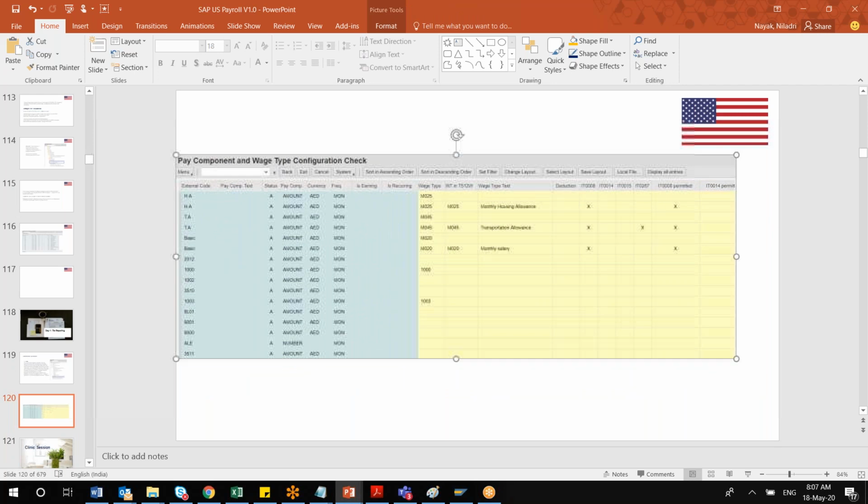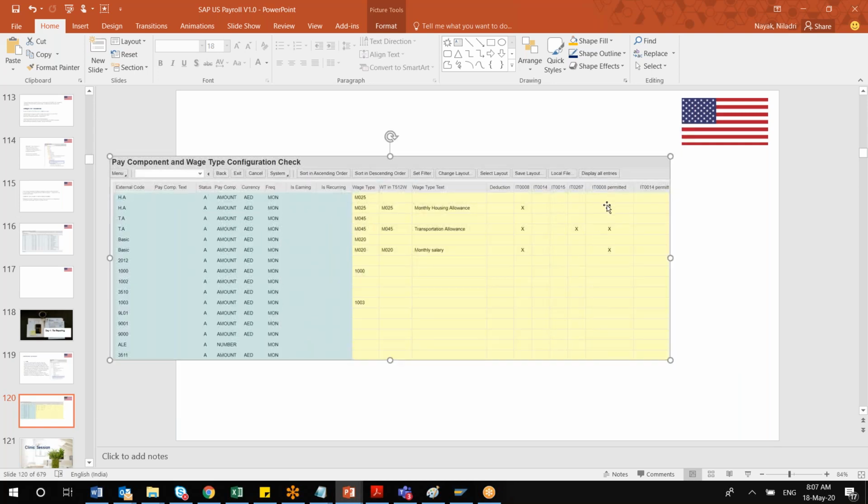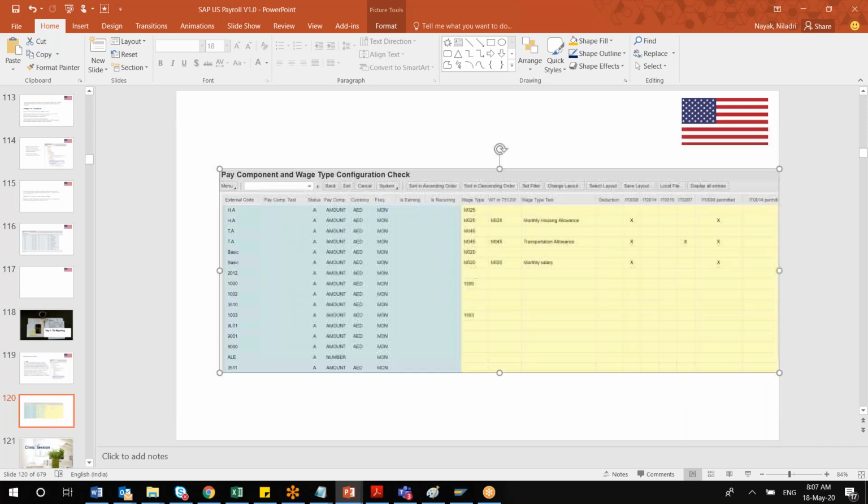Also, there are many columns showing which wage type is permissible under which info type. There are a couple of columns where you will see the X flag for IT8, IT15, IT267. These are different info types: info type 8 permitted, info type 14 permitted. So instead of going through the individual configuration of those info types, this is a one-stop report where you can identify any mismatch against your client expectations.